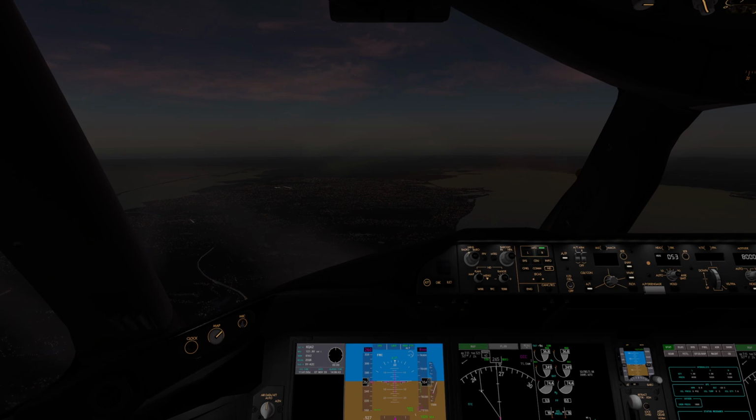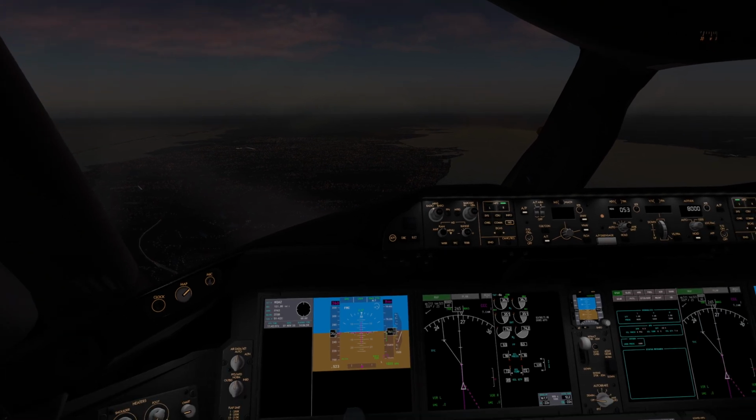Hello guys, welcome back into the flight deck. 13 and a bit hours after we left off from our departure out of Nairobi. We are currently on our arrival phase into New York. We're descending now to 8,000 feet. We've already got local pressure set and we're not too far out of New York John F. Kennedy International Airport currently. Right now we're inbound